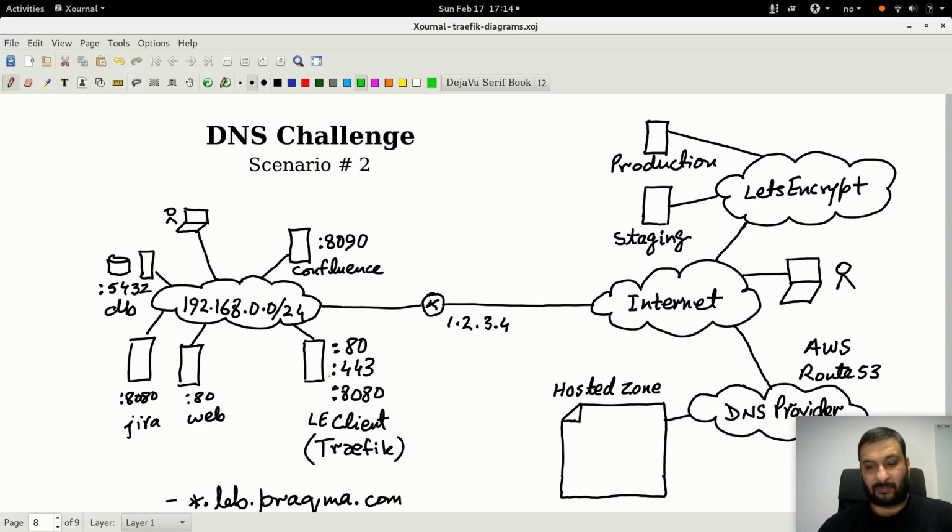It doesn't have a public IP address. So and it needs a wildcard certificate for this lab.pragma.com. What it does, it goes and talks to the LetsEncrypt server, and this is Traefik, which has a LetsEncrypt client built into its binary. So it goes and sends a request for a certificate. The staging server, the certificate server, gives it a DNS challenge,